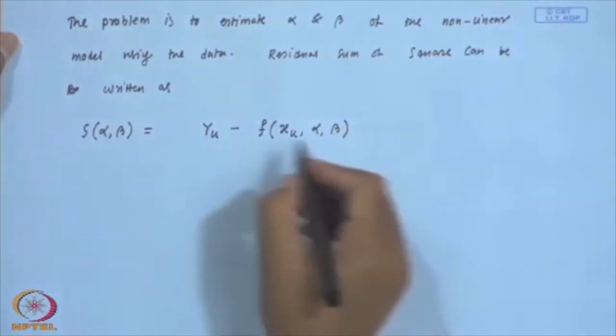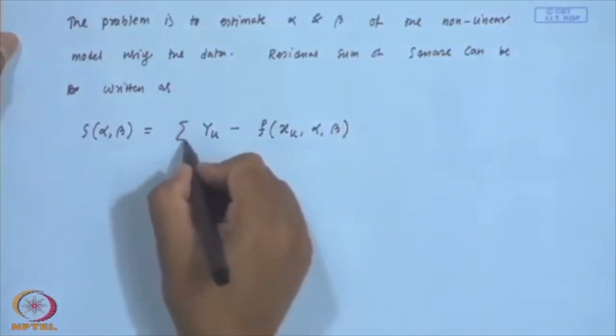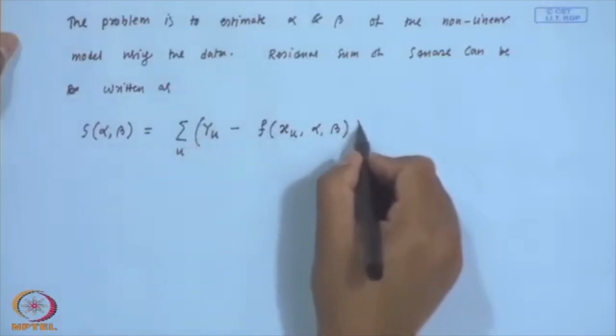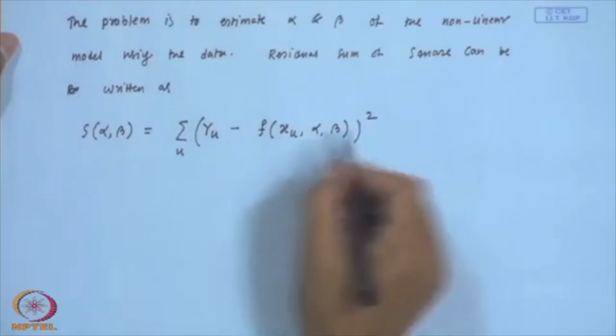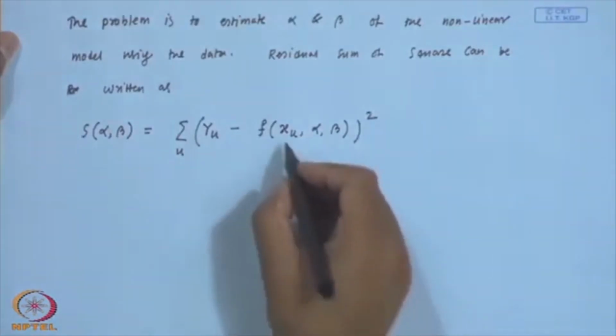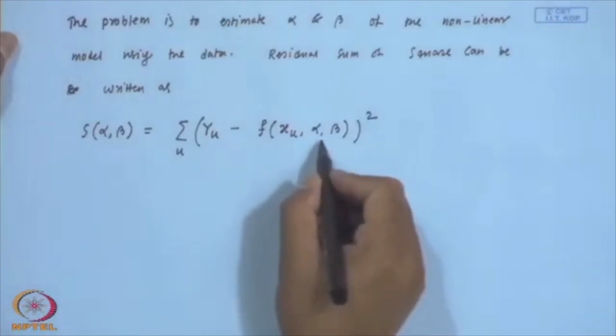Okay. Sum over u, and this is the least squares function, and this is the nonlinear function